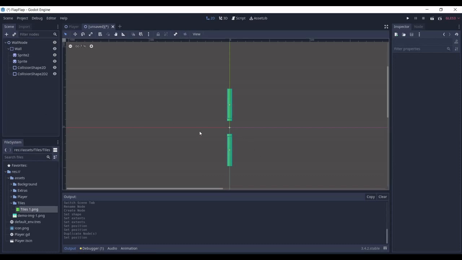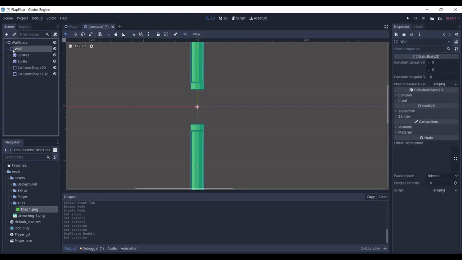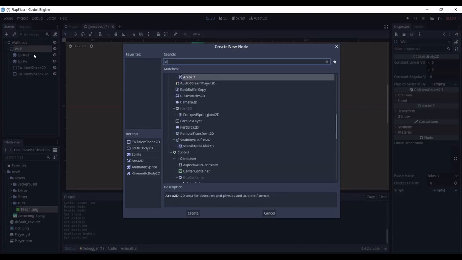Now the next thing we need is to detect whether the bird passes through the middle of the pipes. We'll be using a similar collision body here also, but it will not end the game. If the bird collides with that body, we'll just increment the score. So we'll be adding an area 2D